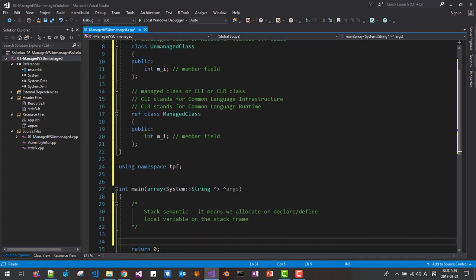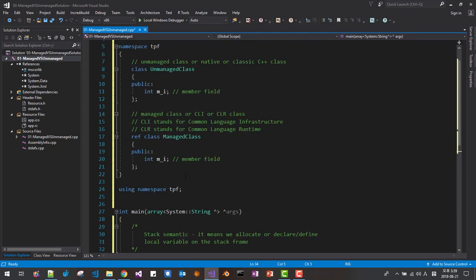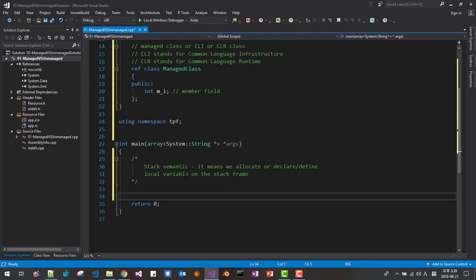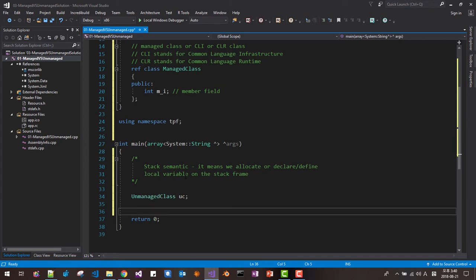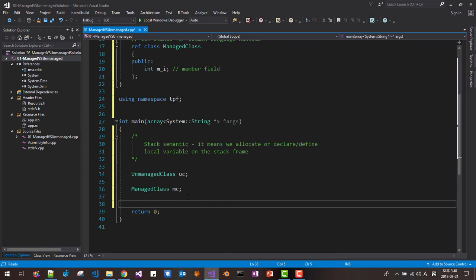So in this case, if we are using stack semantic, then unmanaged class, you see we can declare like this. Also at the same time, managed class MC. These are stack semantics. Okay, so we can display std cout